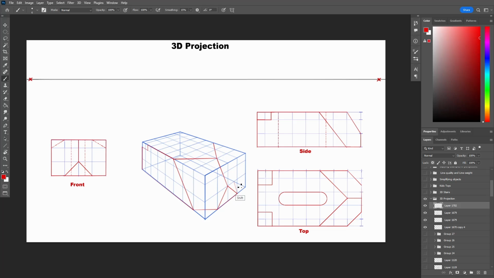Now this object is symmetrical, so we will have the same shape on the other side. So let's go to the side view in the back and 1 unit down at the bottom, and finally connect it to the triangle in the front. So we got the front and the side view done.